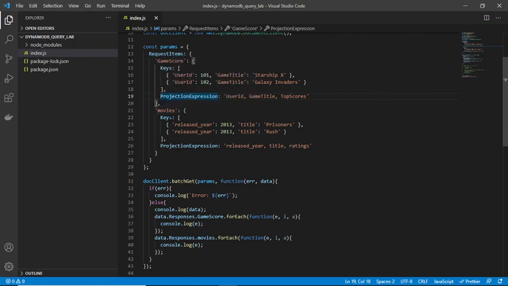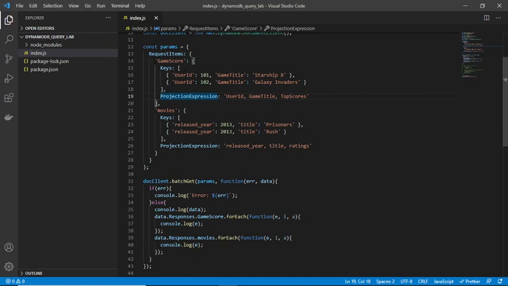And in the same way I am passing the keys array. Again here I can pass multiple keys for which I want to get items, and again here projection expression is the same. For whichever attributes you want to get values, you can pass those attributes here. So here is the format.